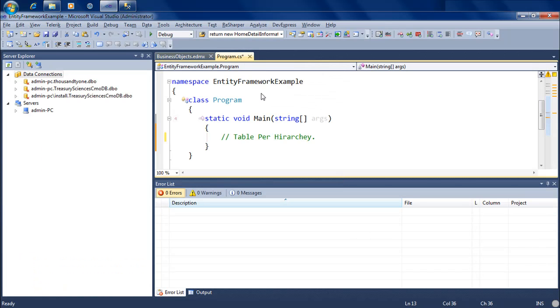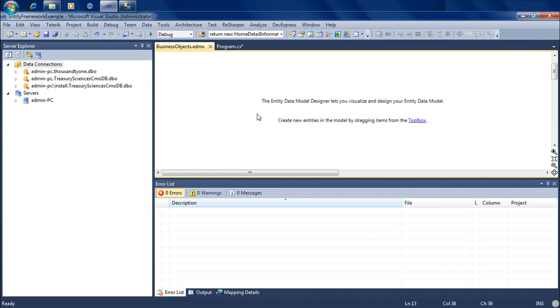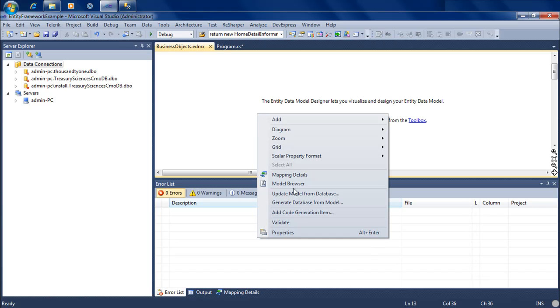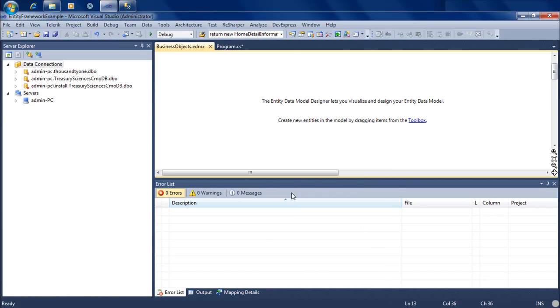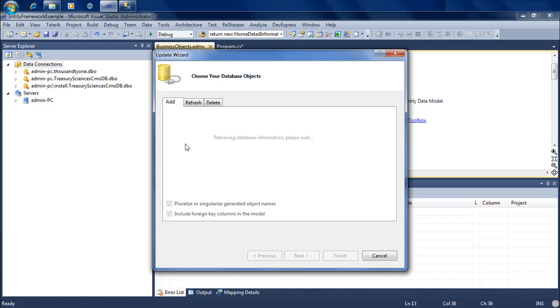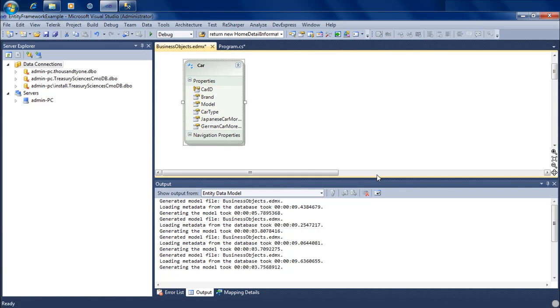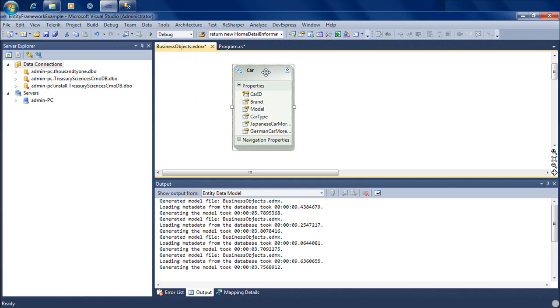Let's come into the object model right here and try to do a table per hierarchy inheritance. Let's go ahead and do an update model from database. We're going to fetch my car table. Let's take the cars and drop it here. Now this is a single table that I'm fetching. Out of the single table, I want to create an object hierarchy and create inheritance, using two different objects altogether, Japanese cars and German cars, and I want to block this object out. I don't want anybody to access this object directly.